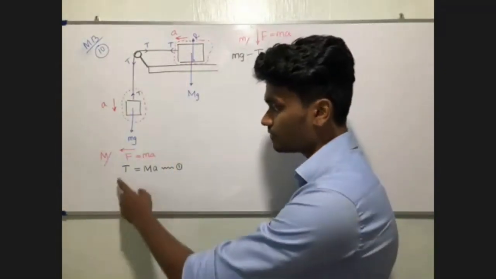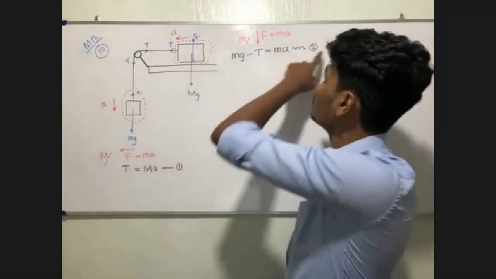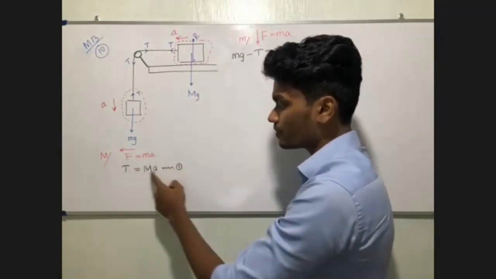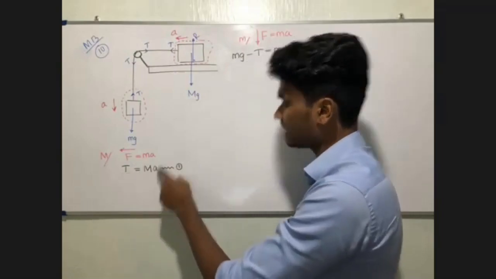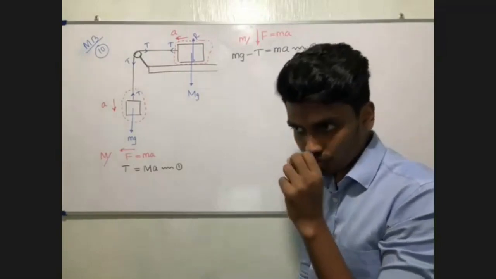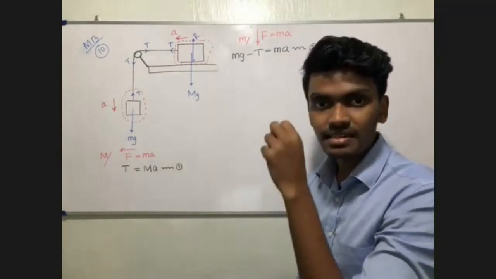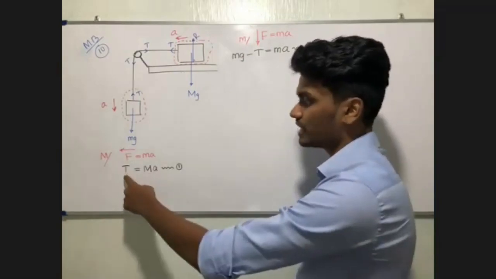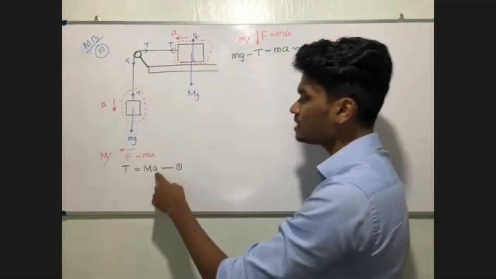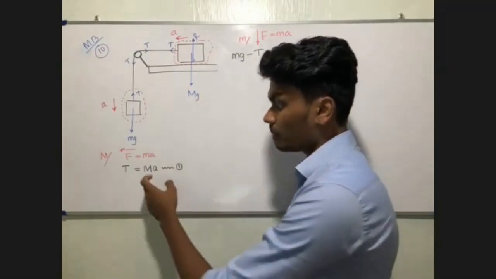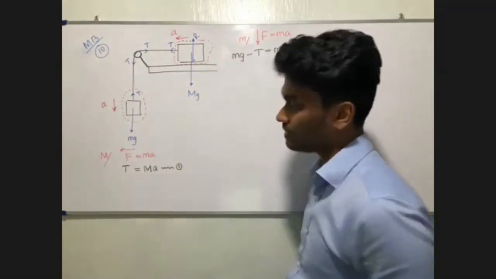So actually, we have two equations, two unknowns. We do not know T, we do not know A. We do not know the tension as well as the acceleration. Right? But capital M and simple M are known. Therefore, what we do is,